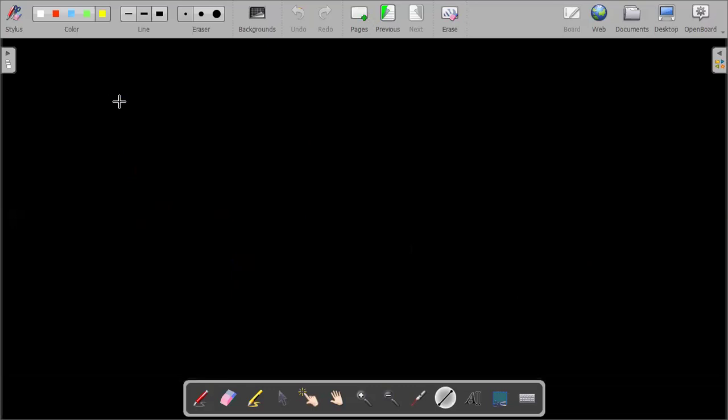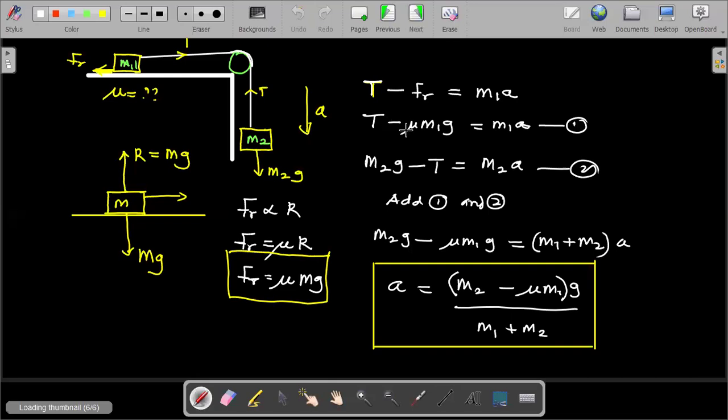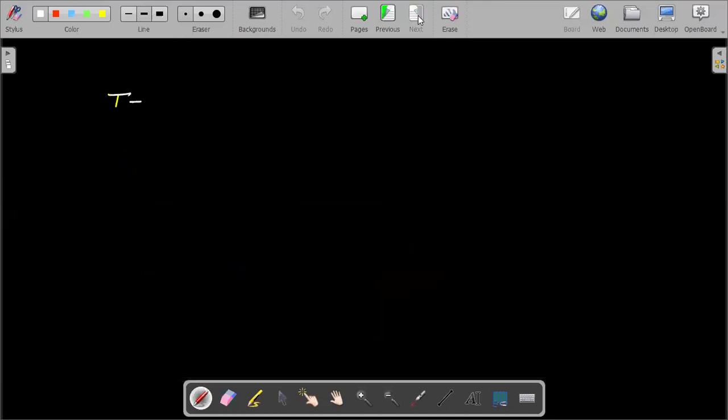From our equation, we have T minus mu M1G equals M1A. Okay. We want to eliminate A, so we can take this one to the other side. So we have T equals